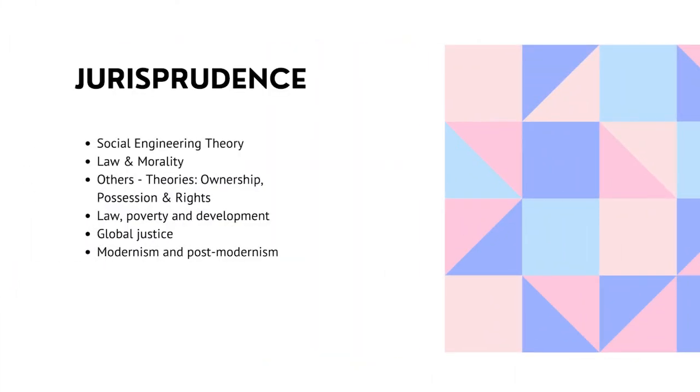Now, let's switch over to second comprehension. So second comprehension is mostly based on the legal theories or the conceptual framework of international law or jurisprudence. If I talk about jurisprudence, let's explore the topics which might come under the comprehension. So the first topic is social engineering theory, which was propounded by Roscoe Pound. So under this, just try to understand what was social engineering theory and what were the jural postulates, right,